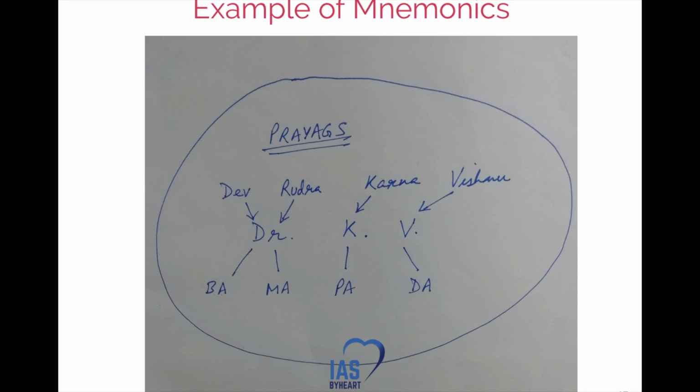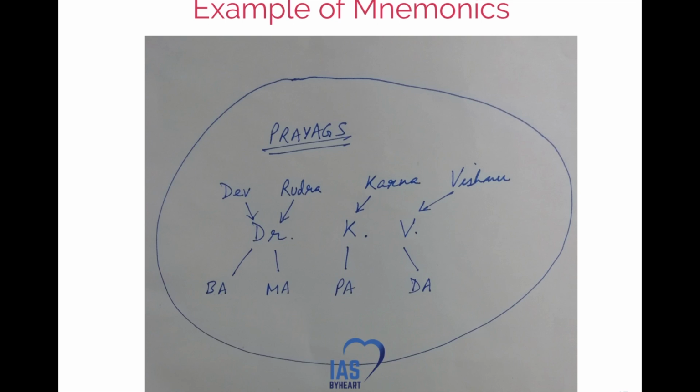The things mentioned below, BA, MA, and PADA, stand for different rivers. How I remembered this was: you do BA first, then go on to do an MA degree, and then you complete post graduation to get a doctorate. So BA stands for Bhagirathi as well as Alaknanda. MA stands for Mandakini Alaknanda, P for Pindari Alaknanda, and D for Dhauliganga Alaknanda. So this is a very easy way to remember the rivers systematically, so that even when UPSC asks in a very complex way, you will be able to find the correct answer.